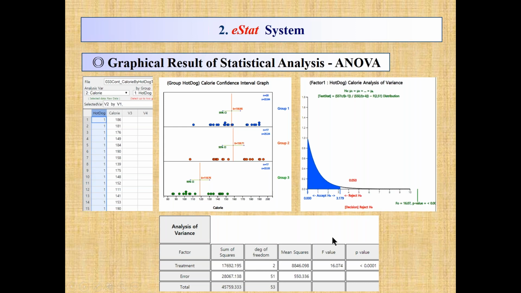And then you can see a regular ANOVA table. At the same time, you can find where the observed value of F is in this F distribution with 2 and 51 degrees of freedom. From my teaching experience, it would be helpful to students.